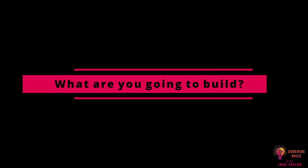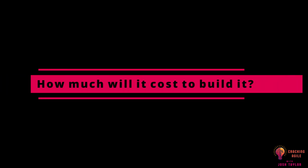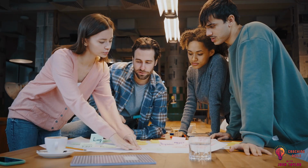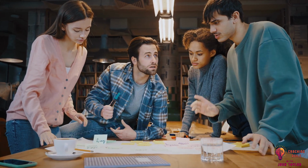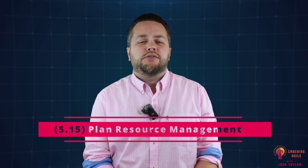After understanding what you're going to build, when you're going to build it, how much it's going to cost to build it, and the quality of what you want to build, you'll need to figure out the resources you'll need during the project. Planned resource management contains answers to how you'll acquire, estimate, and manage the materials and people you'll